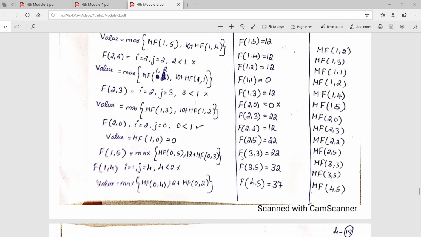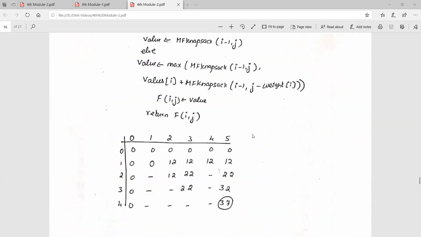Okay. So now you see here, in the bottom up approach, we are considering all the sub problems. But here, we are considering only this many sub problems: 1, 2, 3, 4, 5, and then 6, 7, 8, 9, 10, 11. So we are considering only the 11 sub problems. The remaining sub problems we no need to consider, because they are not necessary to get the output. Okay. So this is the knapsack problem using the memory function.